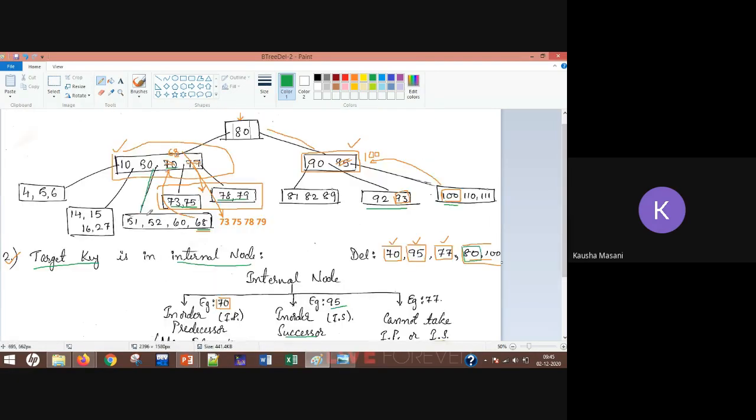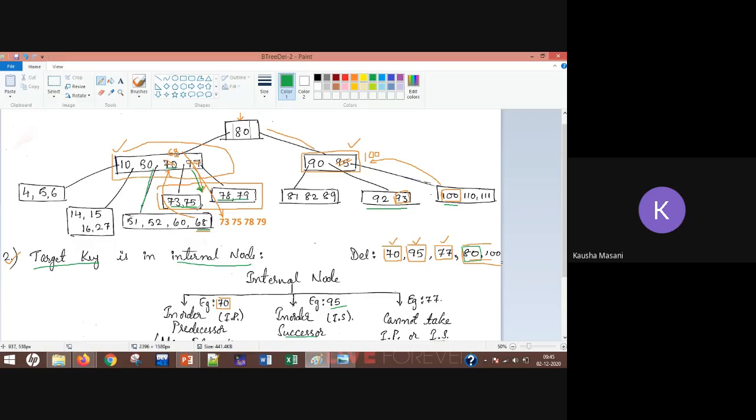So merging is like this: you have to bring this 77 down. You need to bring it down because we are going to intervene with your parent, not because we want to delete this 77, but this merging is going to happen with the help of the parent node, and 77 is the parent. So you are going to bring this 77 down, and you will arrange both the elements.